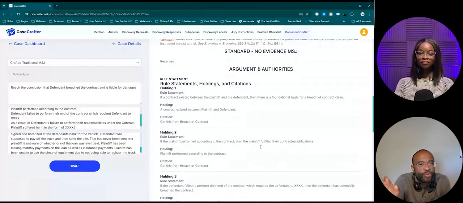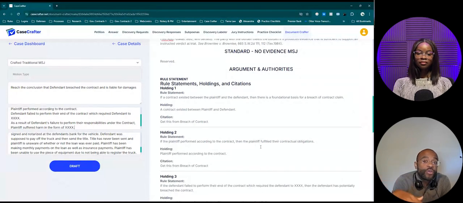I know that there are people who want to do multiple summary judgments on multiple different issues. If you're going to use Case Create, do them on one issue at a time. You will save yourself a bunch of heartache. The system tries its absolute best, but it's like a really eager first year. It will put down on the page what you give it